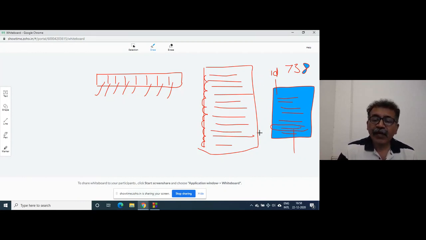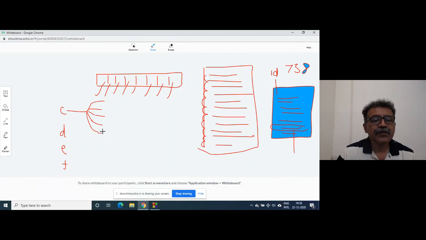Now, as far as our hard disk is concerned, for the time being I will give the example of a hard disk. There is a C drive, a D drive, an E drive, an F drive. In the C drive there are folders, and in each folder there are multiple folders.